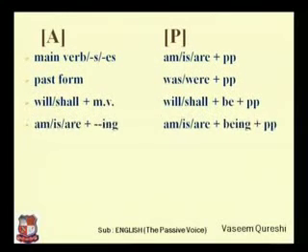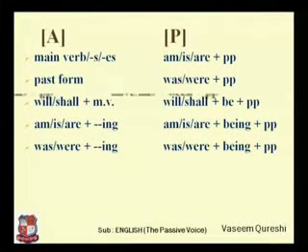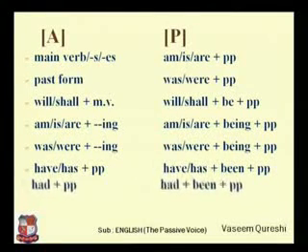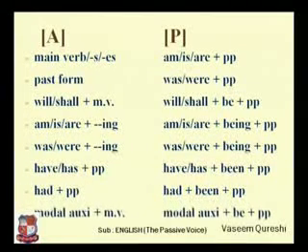For present continuous tense, we use am is are plus ing in active and am is are plus being plus past participle in passive. In such way, these are two different forms for active and passive in past continuous tense. This is for present perfect tense. These are for past perfect tense, and here is the form for modal auxiliaries. So modal auxiliaries plus